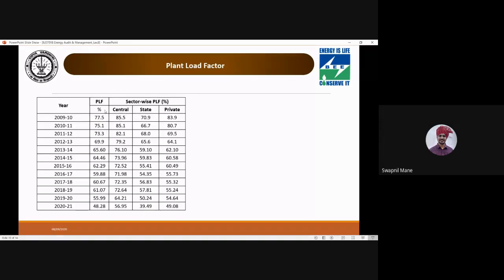So now you see there is a considerable drop in the plant load factor. In 2021, the average plant load factor is 50%. That means my capacity is 100 megawatt, but I am getting only 50 megawatt on an average. How is it calculated? Say for example, there is a 200 megawatt plant which is running for 24 hours, but for 4 hours the plant is not running. See, for 4 hours there is no load, whereas in the next 4 hours there is a 100 load.